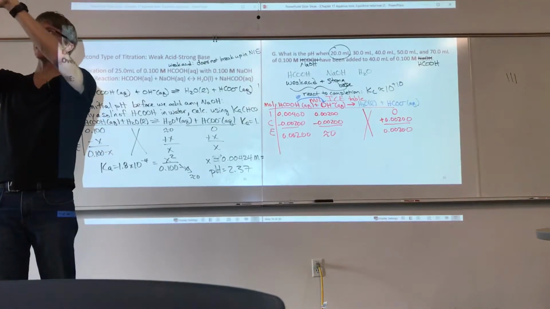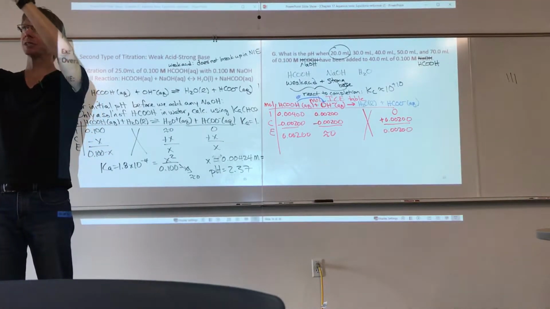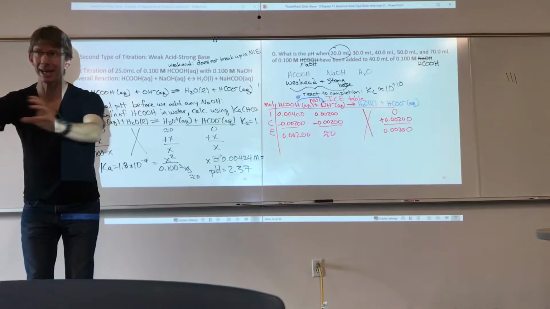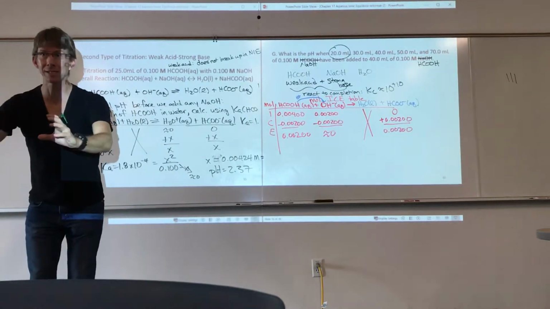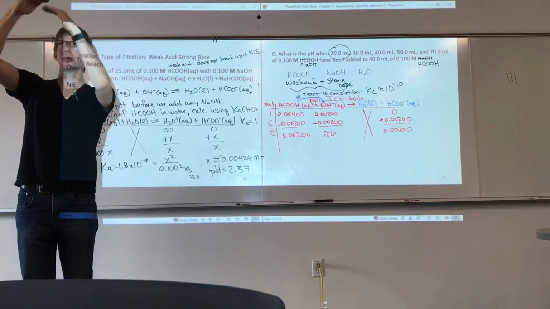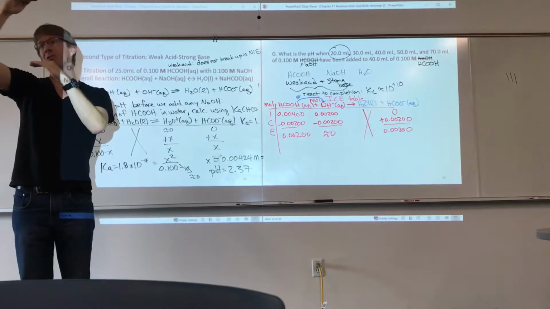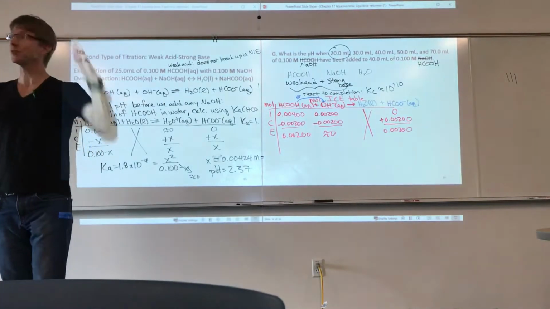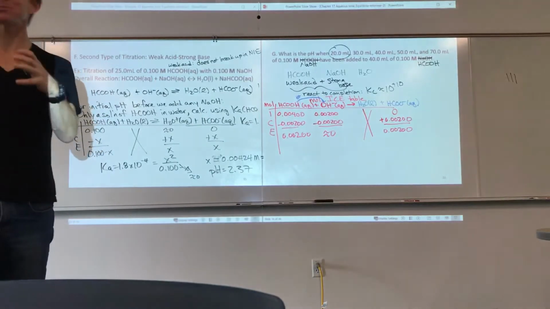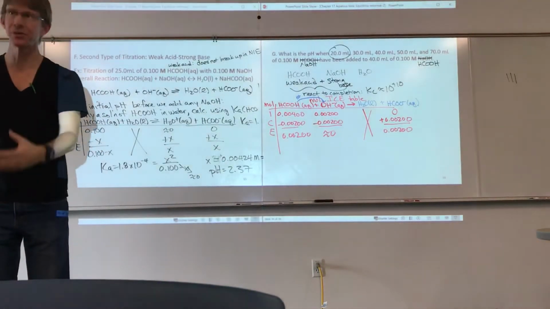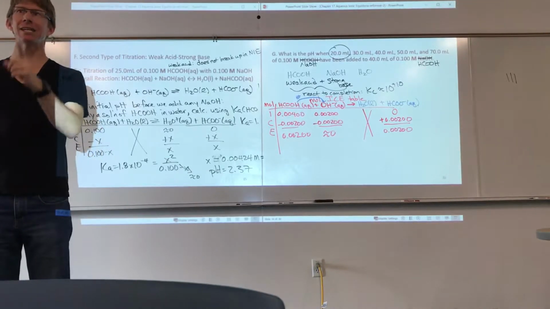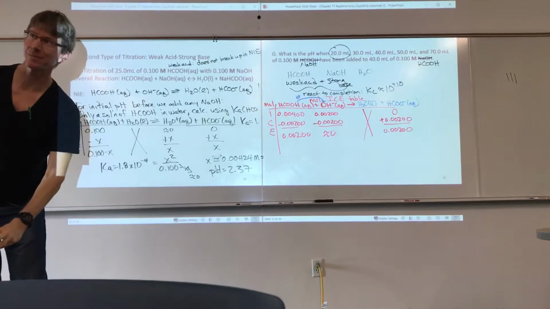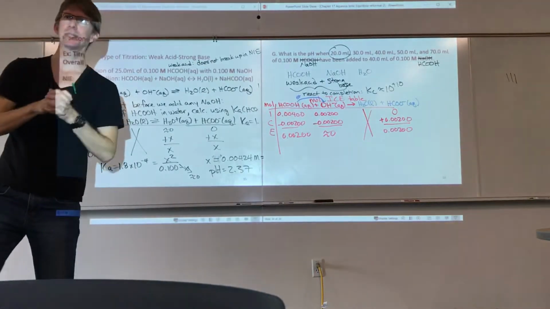You do go back to the beginning, and then the largest K, you do an ice table of some sort first, then the next largest K, which we're about to do, you do another ice table, and as long as the K values are pretty far apart, a factor of 1,000 apart, that always works. Even though all of these ice tables are literally happening at the same time. You're mixing them together and everything, done. But you're treating it as if the first thing happens with the largest K, and the next thing, and the next thing. So I don't know if that answers your question, but